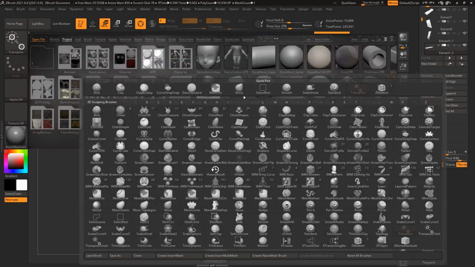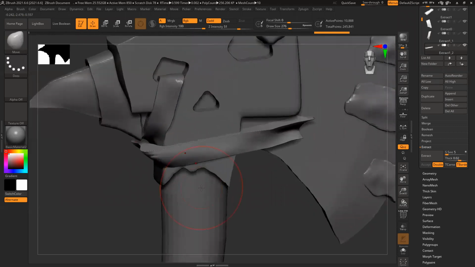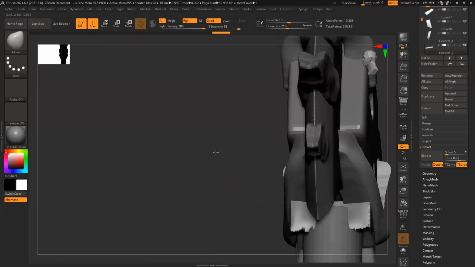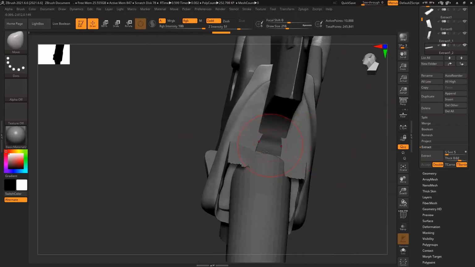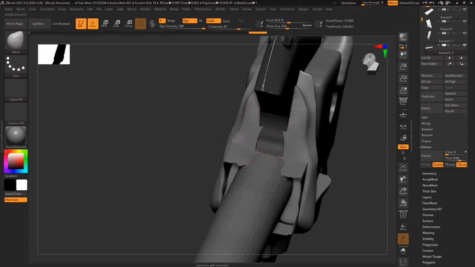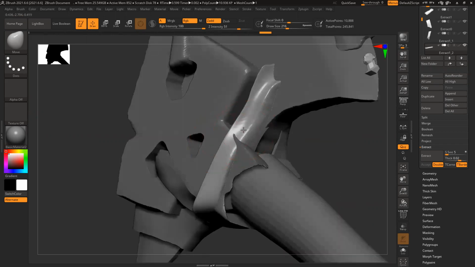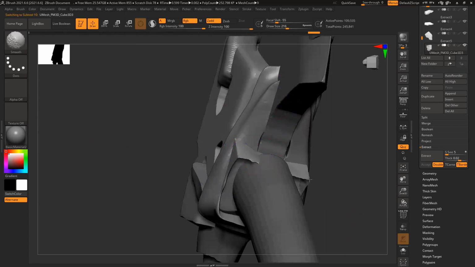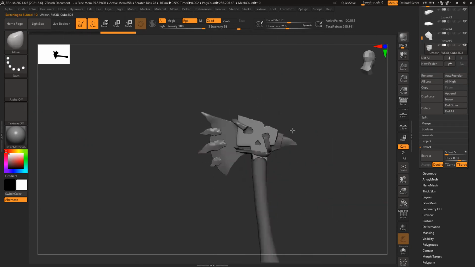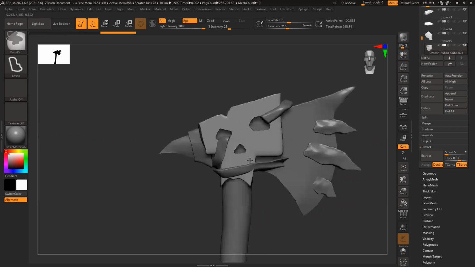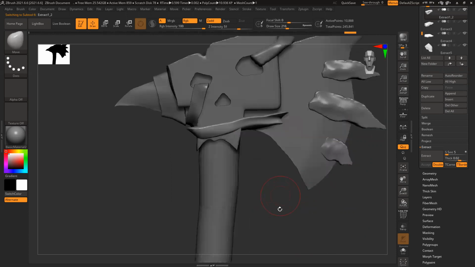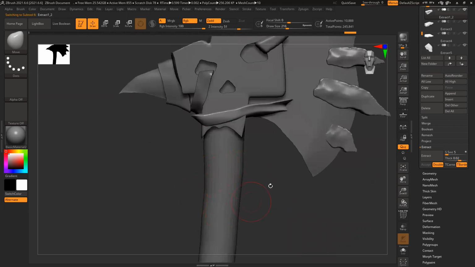Move brush. Push it, align it. Now this surface also has a ring.